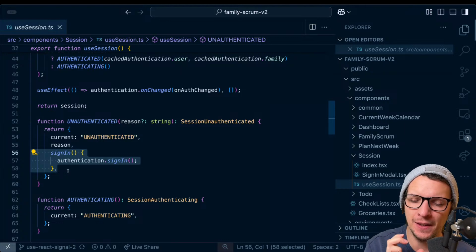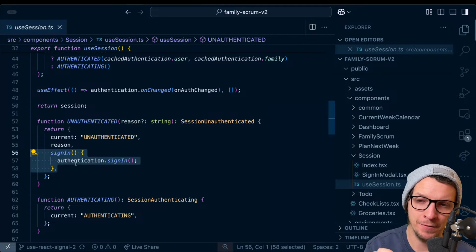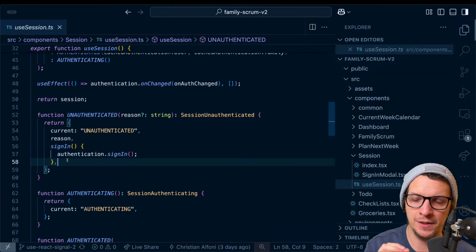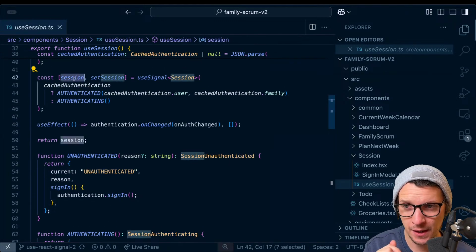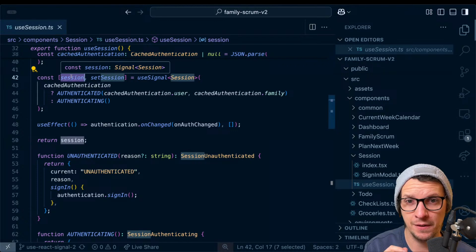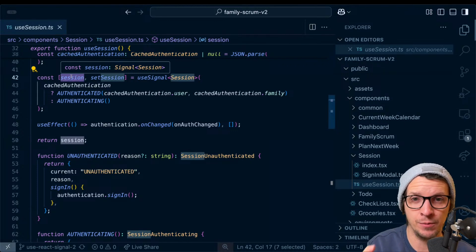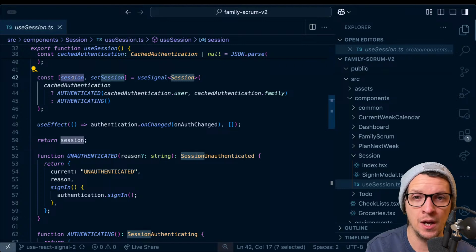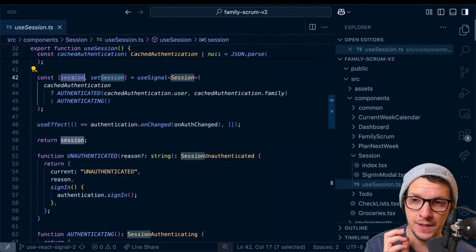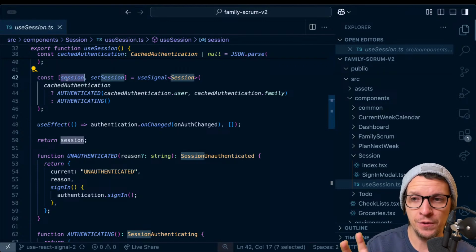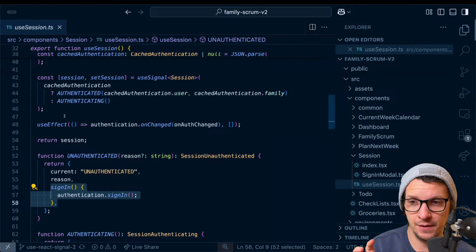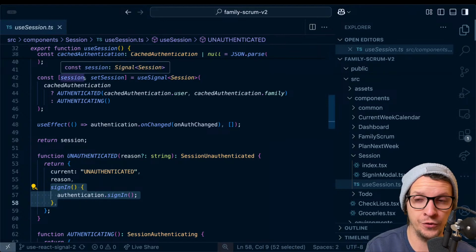So you kind of lose some of the benefit, really, because some of the benefit here is that this session object, this reference, will never change, right? That's the power of this. That's what makes it performant: this session will never change, the reference, but its value will change, right? So if you attach methods onto this, onto the value,